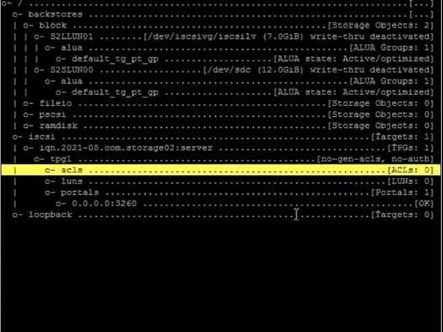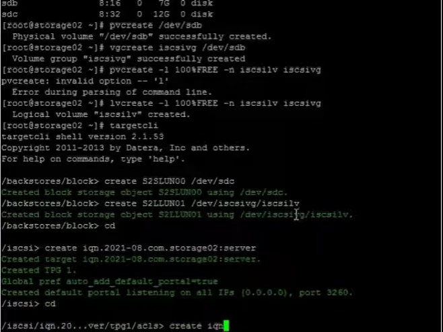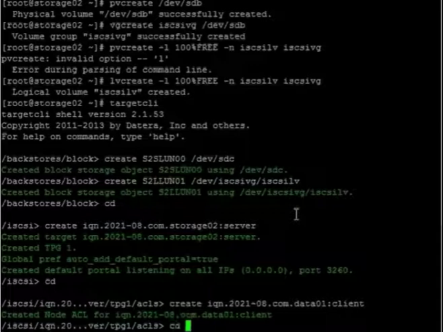So let's go to the ACL folder and create the ACL. We will only allow this initiator, that is the data client initiator, to connect to our server. Here the name should be the same. If you make any kind of changes over here, we won't be able to connect our server to this second storage target.